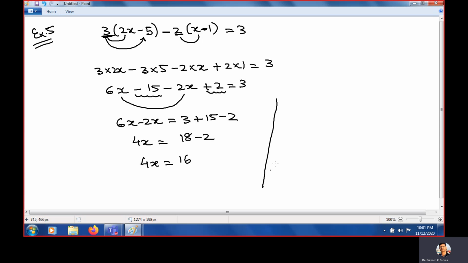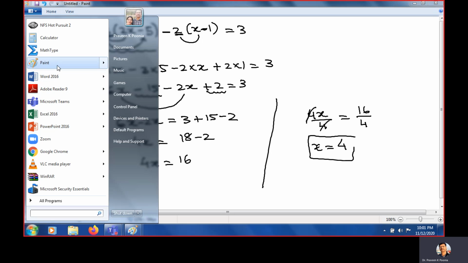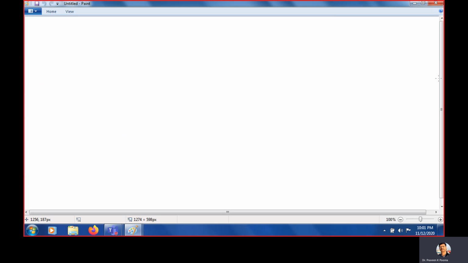Divided by 4. So it is 4x divided by 4, 16 upon 4, 4 is cancelled by 4. So how much? x equals 16 divided by 4, which is 4. So the answer is 4 here. So what we have done, first you need to simplify it. You need to multiply the constant inside the bracket. And whenever you multiply by any constant inside the bracket, you need to multiply every value inside the